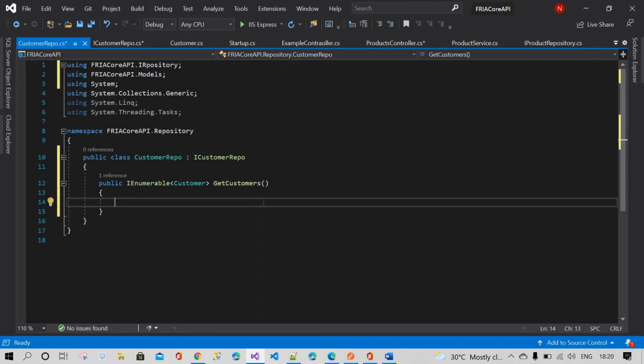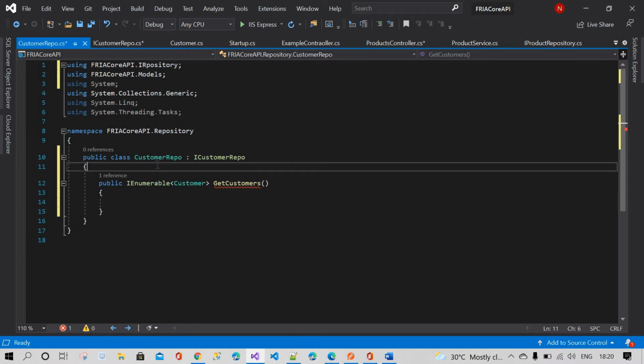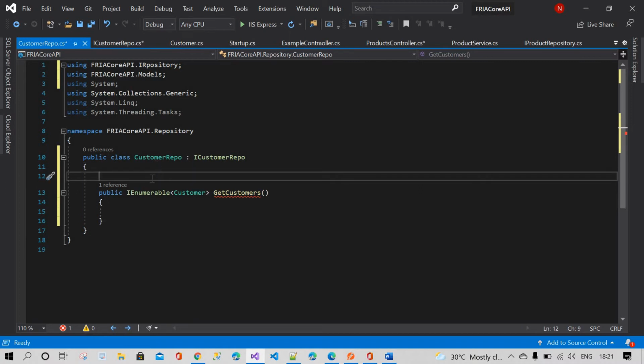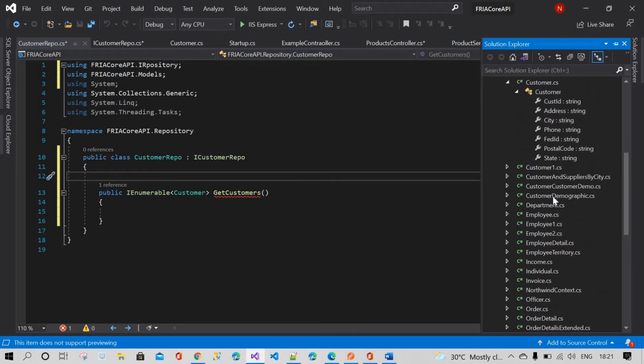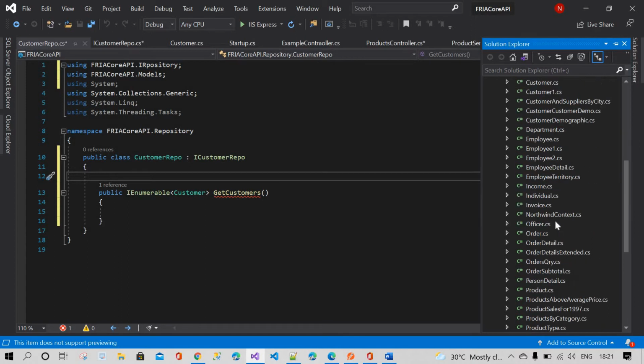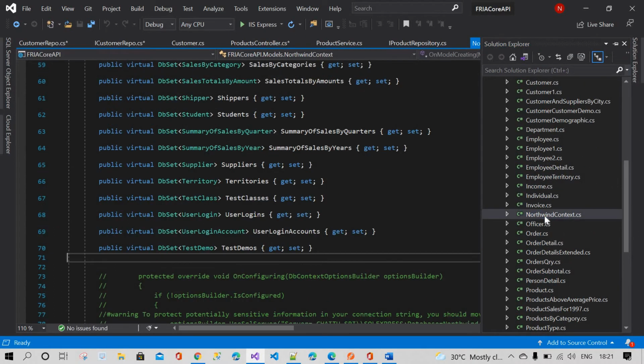Before we start the implementation we need to create the instance. How to do that, I will show you. First of all we have to retrieve the data from the DB. For that we need a database context class. What is our database context class? In the models you can see this is the Northwind context.